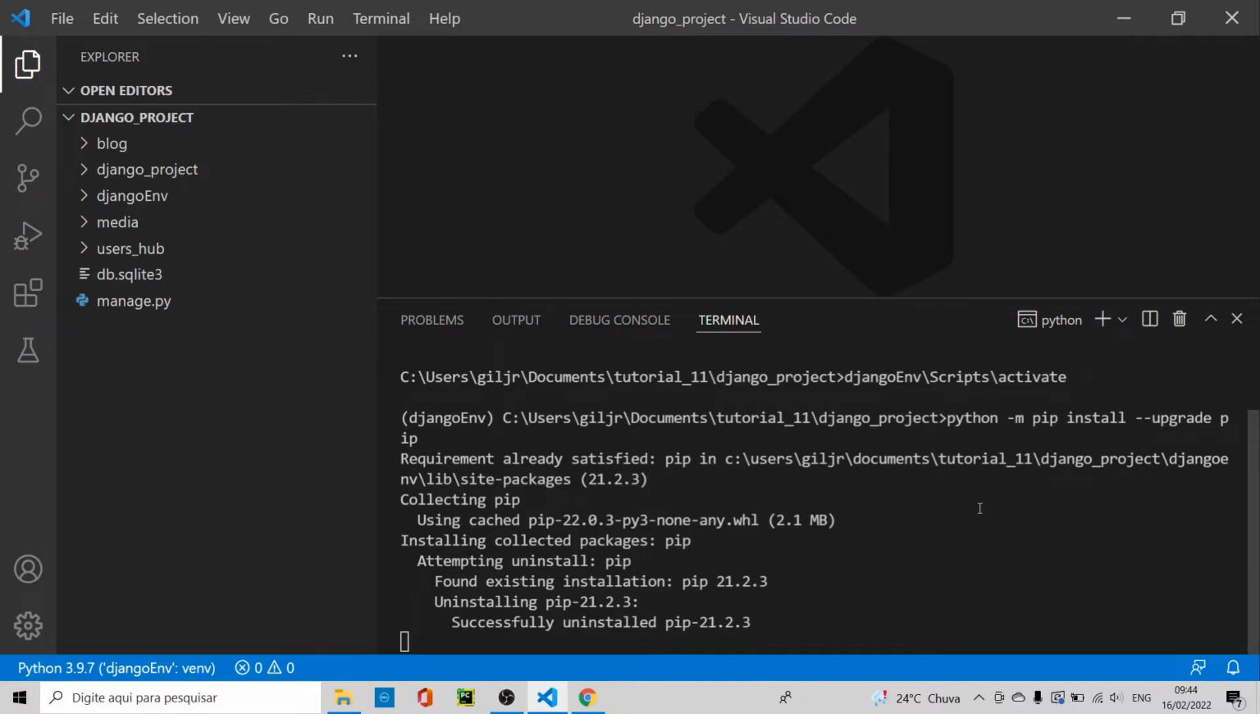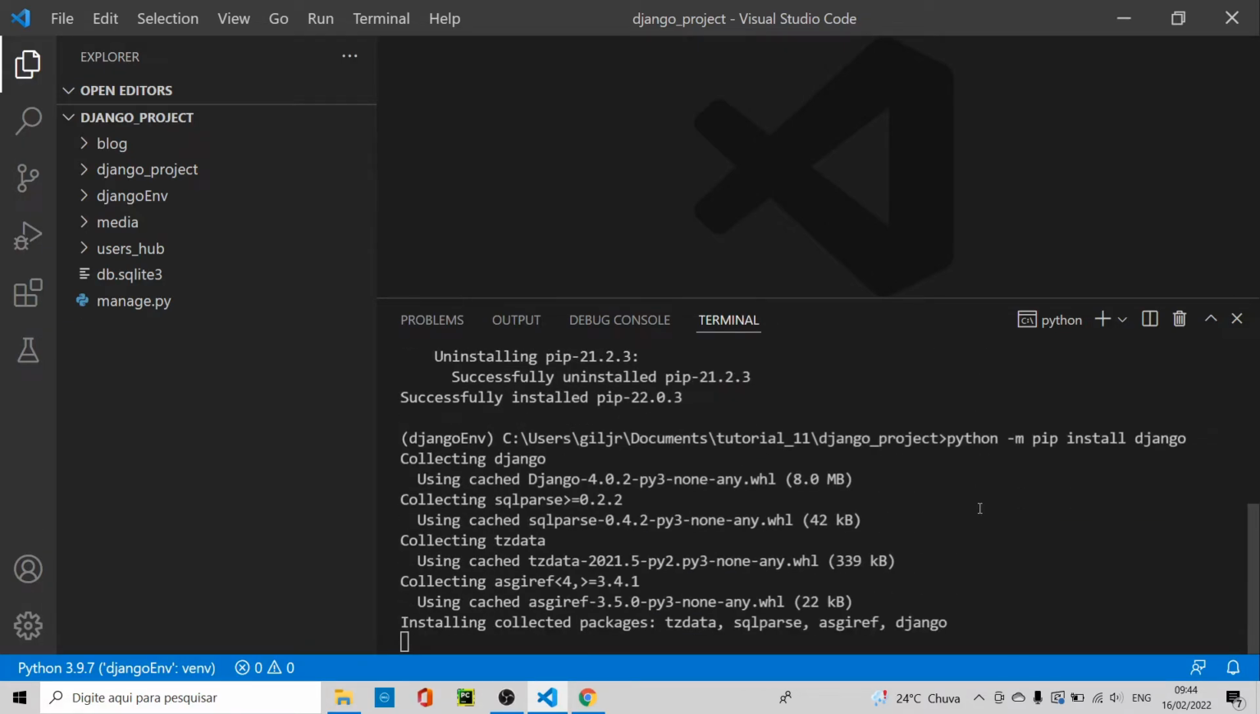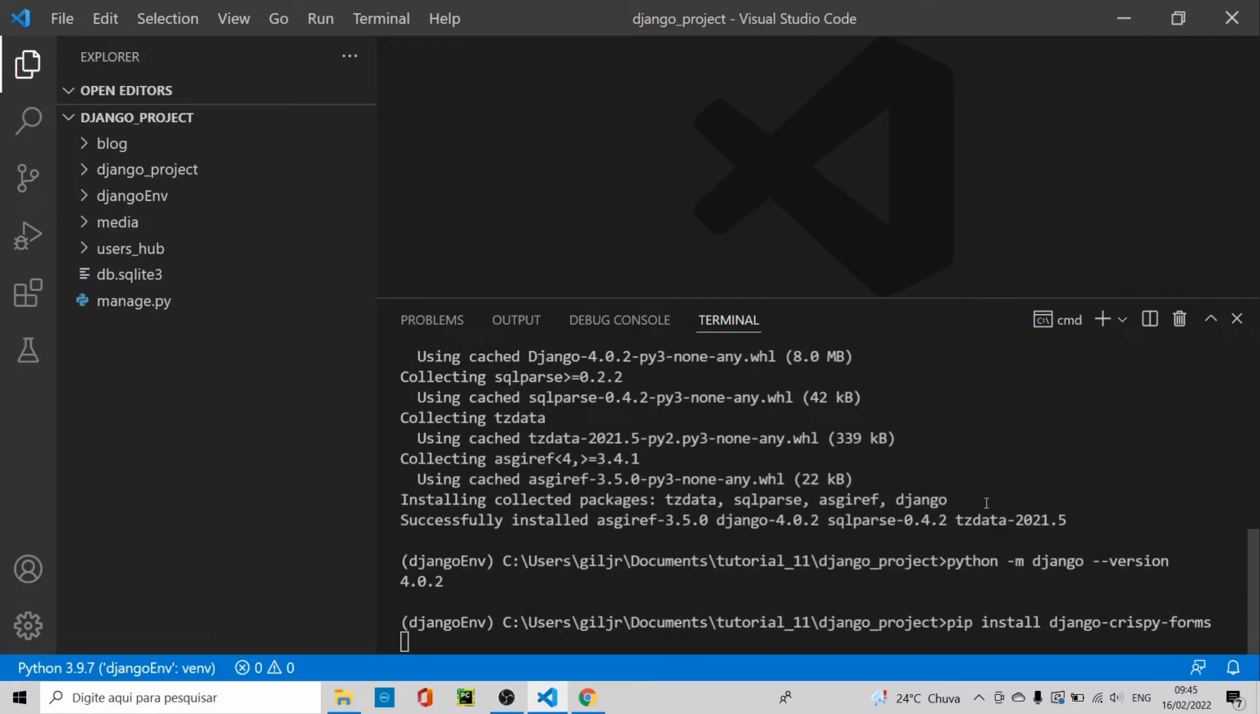Okay, this is the installation of Django right here. Fine, Django is being installed on your machine. Let's wait till the end. Okay, Django